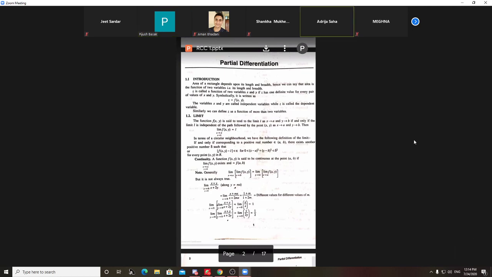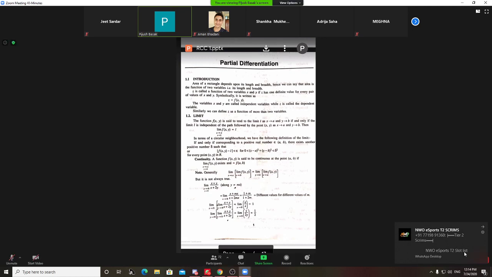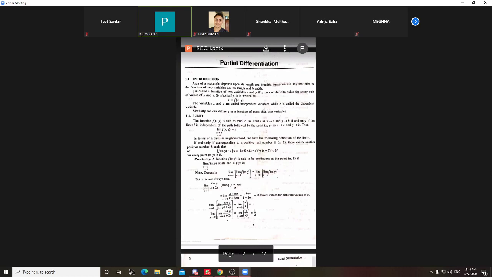Then, if I want to find the partial derivative with respect to x, what will happen? y will be taken as constant. Then I can differentiate. I will come to the problem afterwards. Suppose I want to find the partial differentiation of z with respect to y, then I'll keep